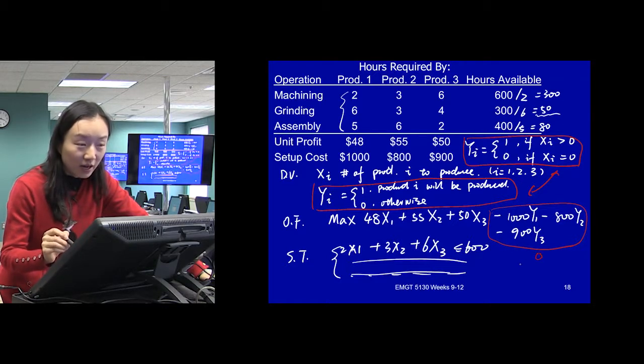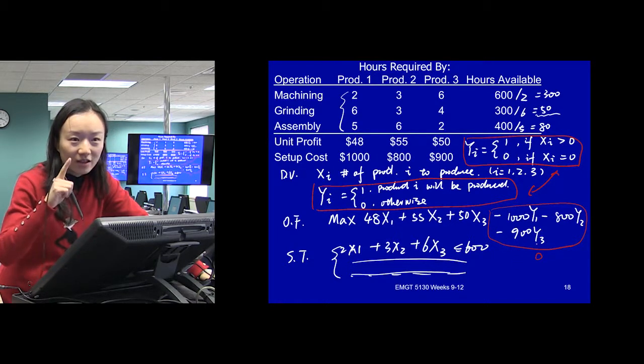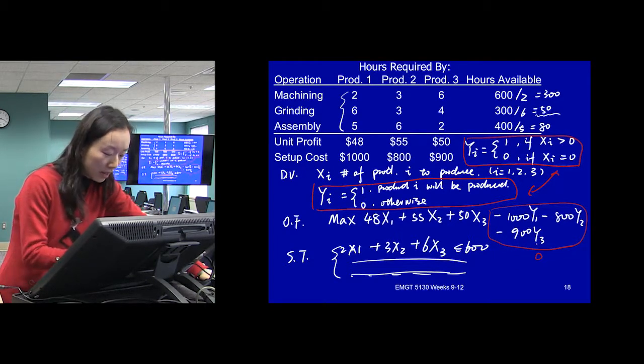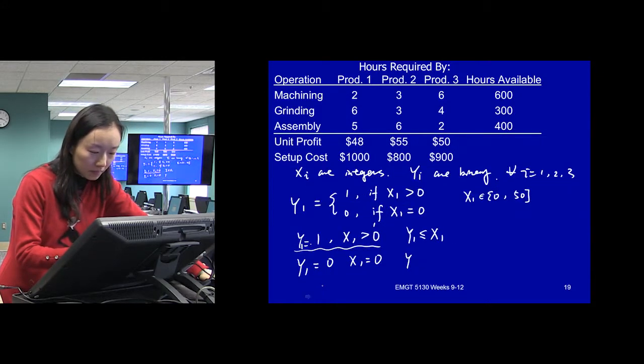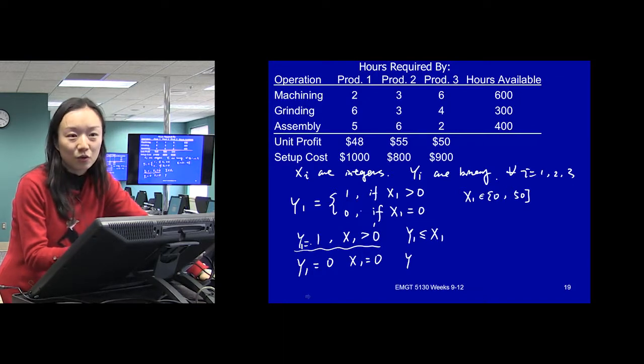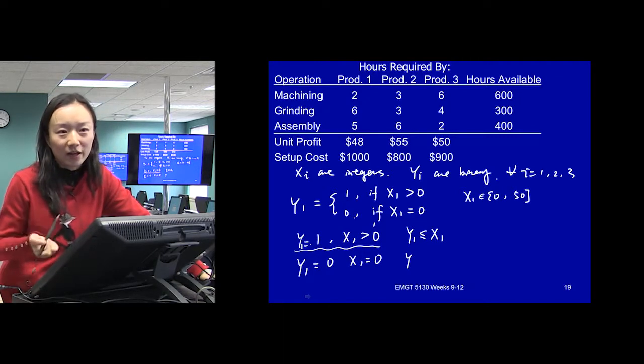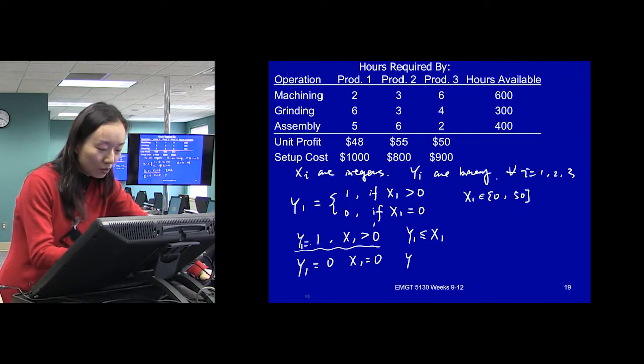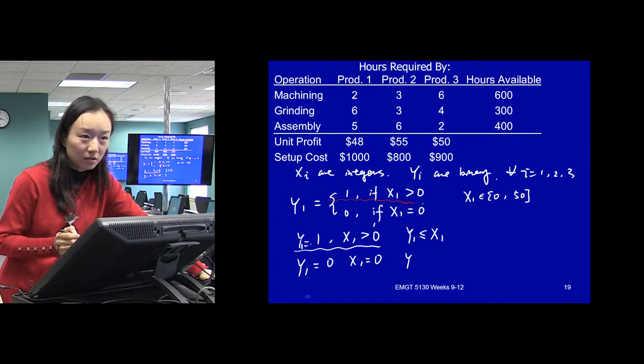Y will take 0, right? So what we need to do is just to force y to be 1 when it has to be 1. Because without any constraint, y will be 0 anyway. So this one will be the one that we focus on.